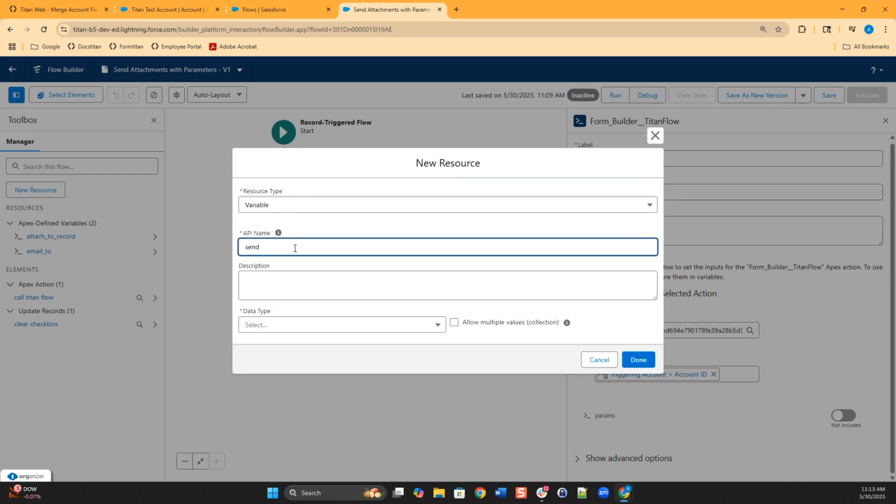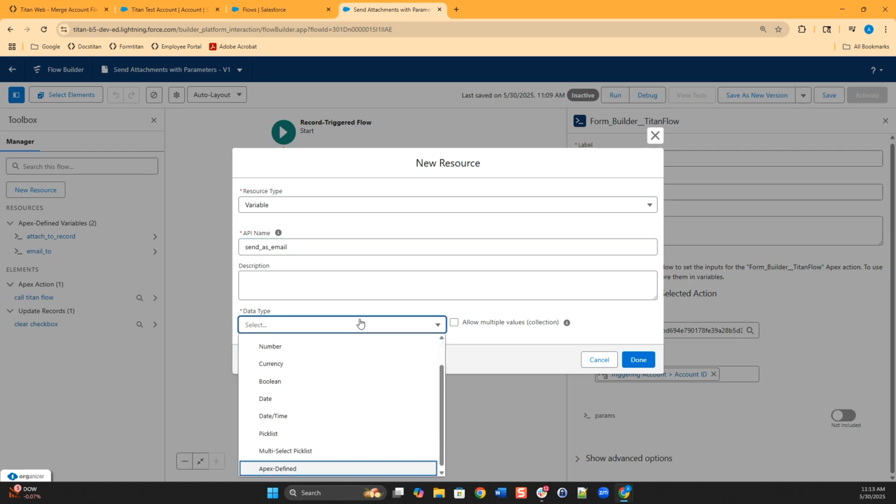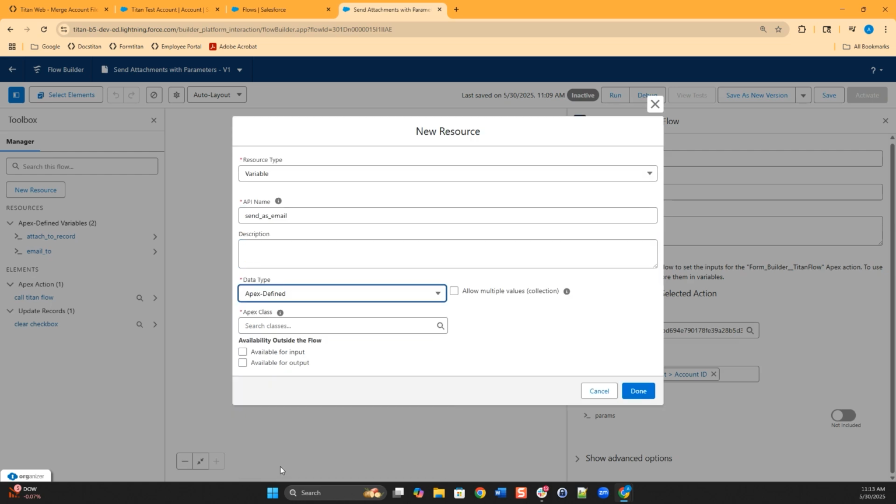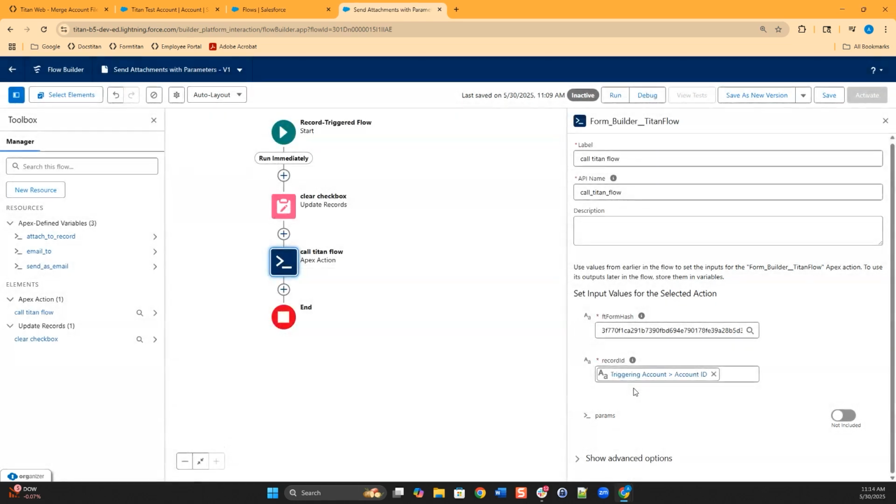Again, a new resource for our send as email Boolean value. Variable, I'll call it send as email. The data type is Apex. The Apex class Titan Flow Parameters, available for input, available for output. And we're done. Now we want to create a collection variable to hold the values that we assign to these